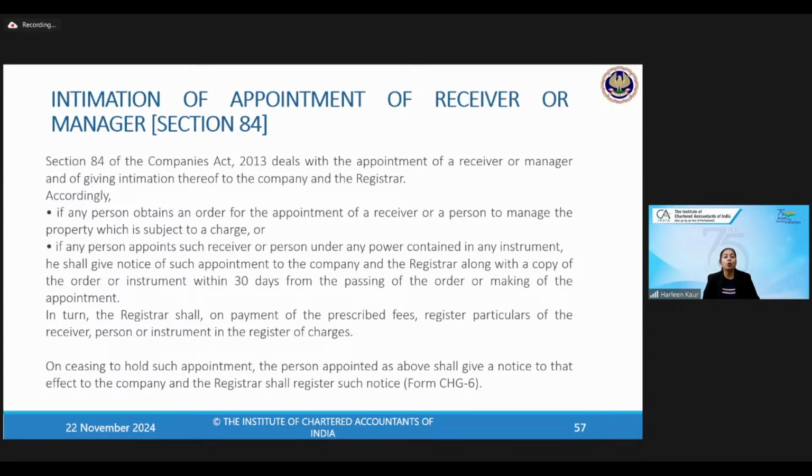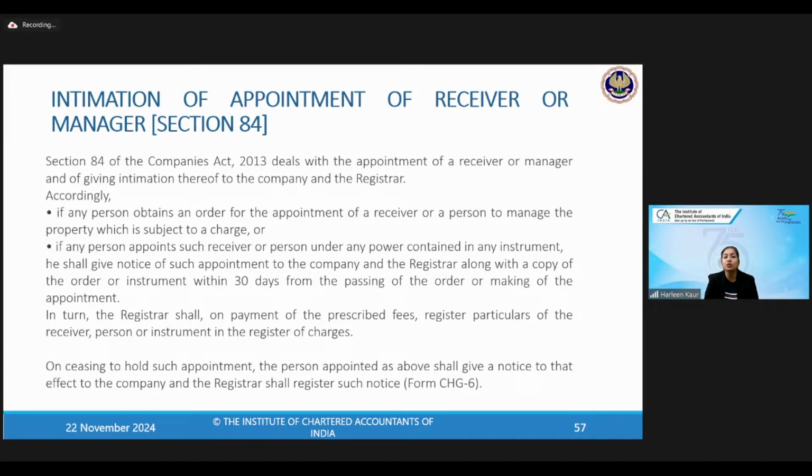It is written in that document that a manager or receiver shall be appointed for this property which is given as a security. Now, if you have appointed that person as per the court's order or as per the appointment letter, as per the agreement that you have made, then the company will appoint such person and